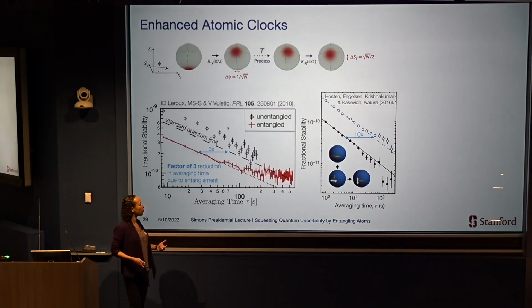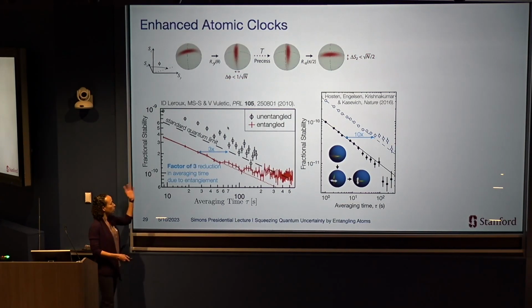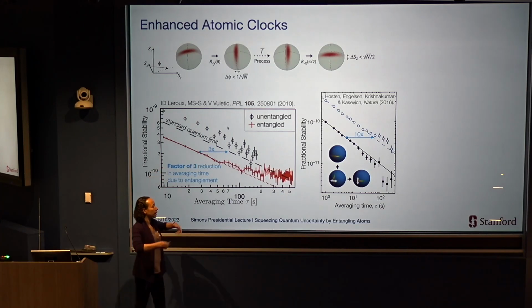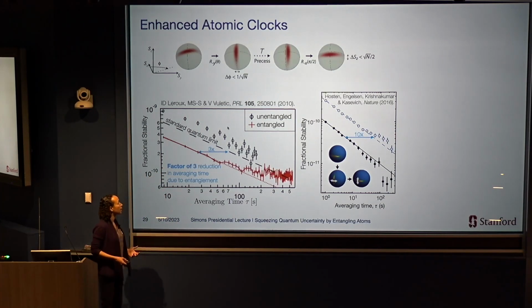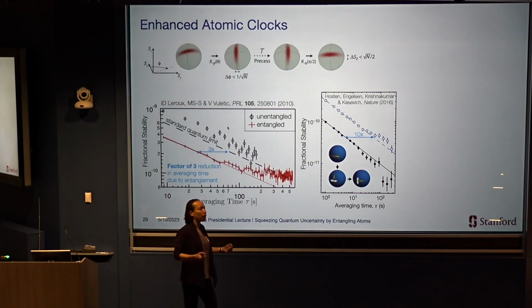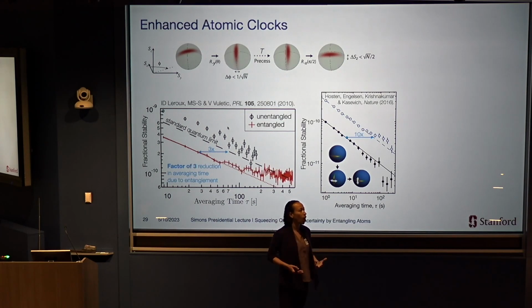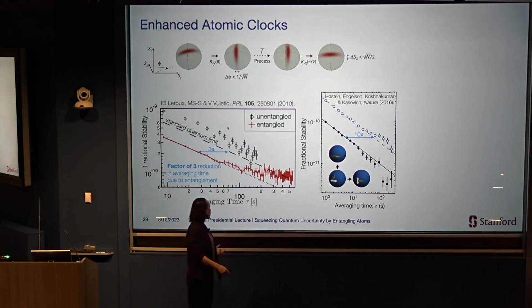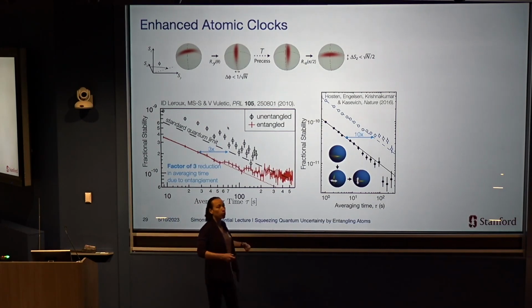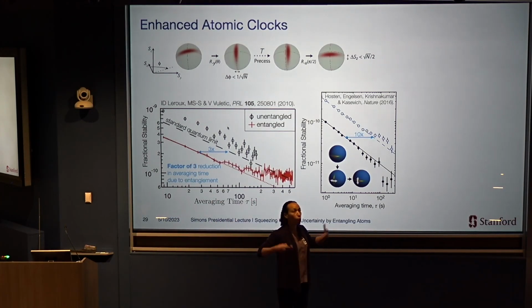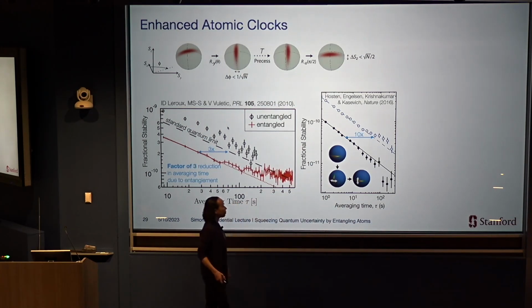And in those systems, it's been possible to demonstrate, this is back in 2010, an experiment we did, taking this type of squeezed state generated by photon-mediated interactions among atoms, applying it in an atomic clock to improve by a factor of 3 the time that it took the clock to reach a fixed precision. So that was back in 2010, and there's been lots of work building on this, improving how far beyond the standard quantum limit the clock operates, up to a factor of 10 a number of years ago.